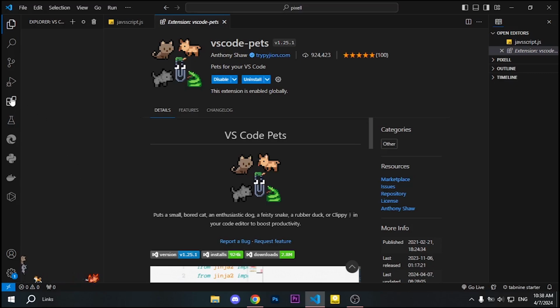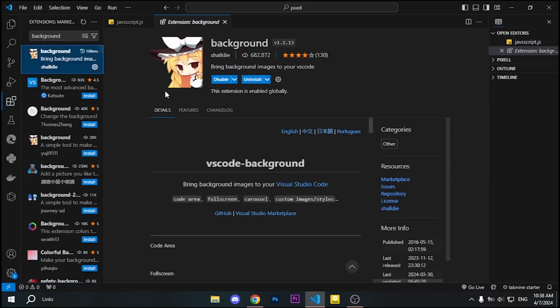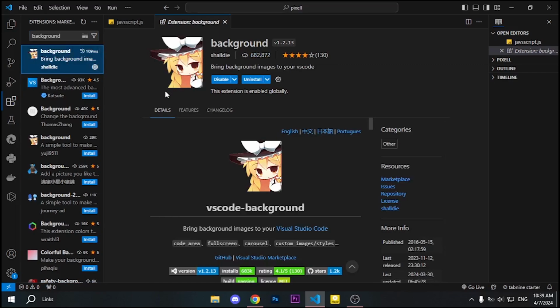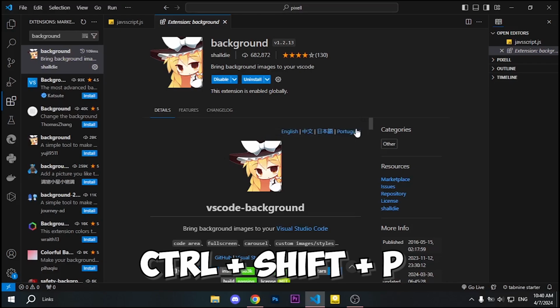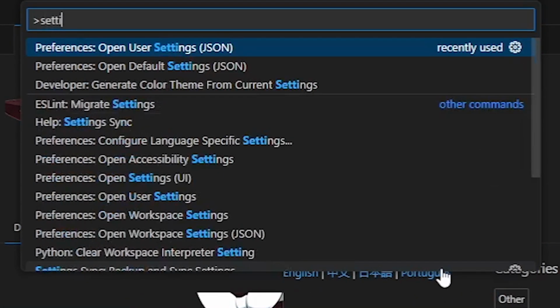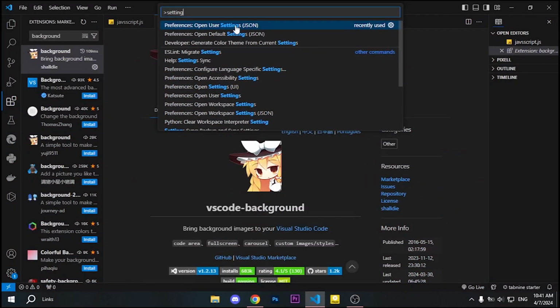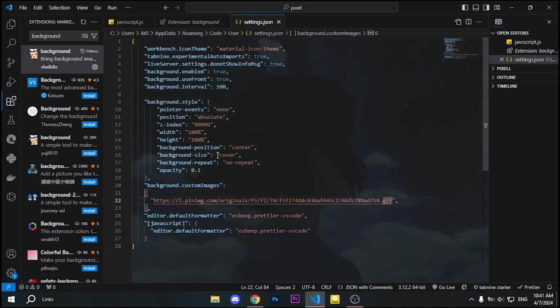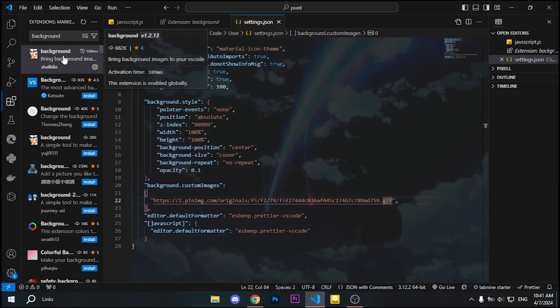The next extension is called Background. VS Code Background is boring. After like 5 minutes, you're gonna get bored of it. But with this extension, you can have your own customized background. After installing it, press Ctrl-Shift-P, search setting here and make sure to choose the first one, which you can see, JSON in brackets. So after clicking it, you need to insert a code which can be found in our Discord